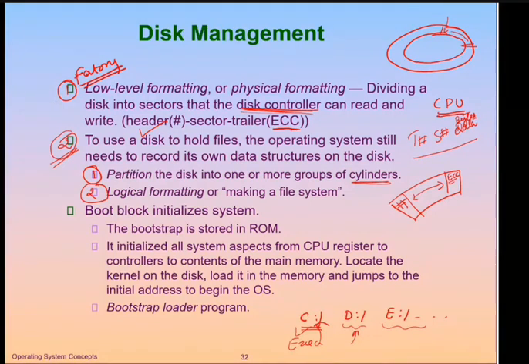Okay, so the operating system stores the initial file system data structure on the disk, and this data structure will map all the free slots or free sectors which are available and the allocated sectors. All the information is stored with this file system. We will see the file system in detail in the subsequent lectures.